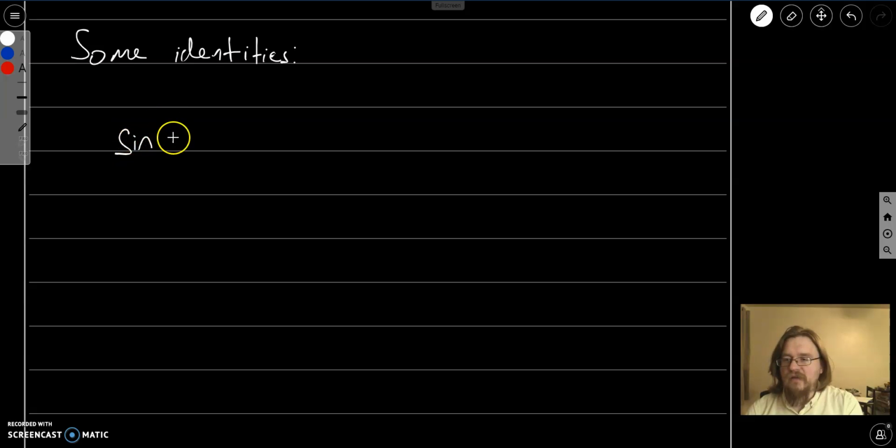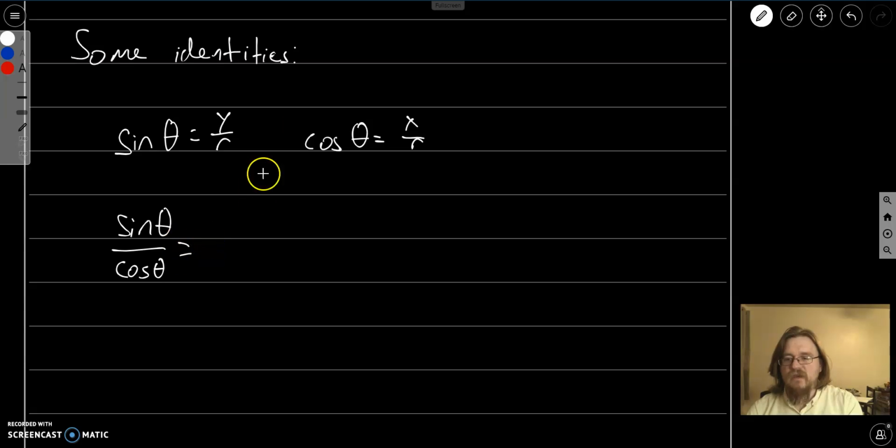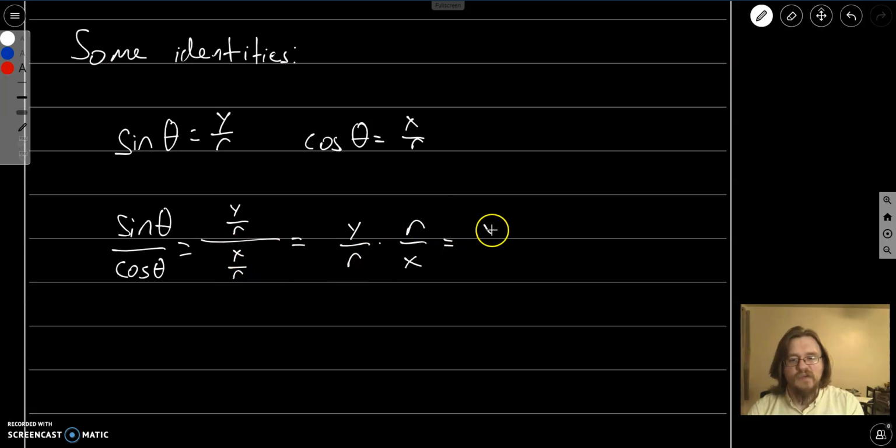So if I write down sine of theta is always going to be y divided by r, and cosine theta is going to be x divided by r. What happens if I take sine of theta divided by cosine of theta? Well, I've got y divided by r divided by x divided by r. We know how to divide fractions. This will be y divided by r times r divided by x. We multiply it by the reciprocal. R's cancel, and we get y divided by x,